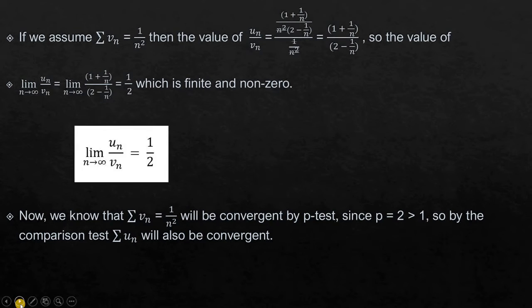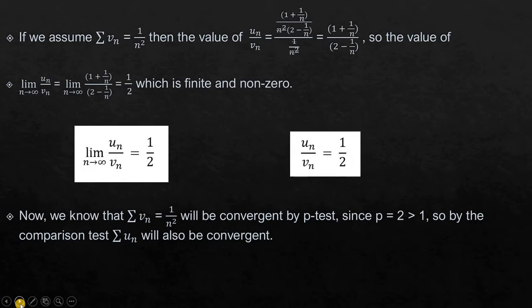We have got the limit as n tends to infinity of Un upon Vn equal to 1/2. In mathematics, a limit tells us the value that a function approaches as that function's input gets closer and closer to some number, in our case infinity. The limit gives us a basic idea of where the function will approach. So we have got two functions, Un and Vn. For a moment, let us remove the limit sign. So we get Un upon Vn equal to 1/2. That is, Un is 1/2 times Vn.